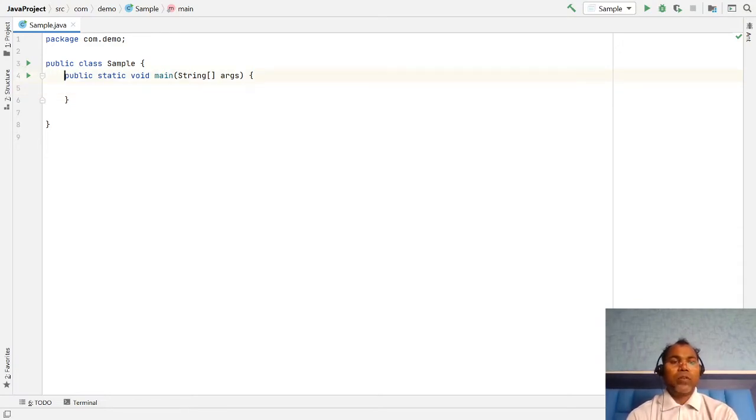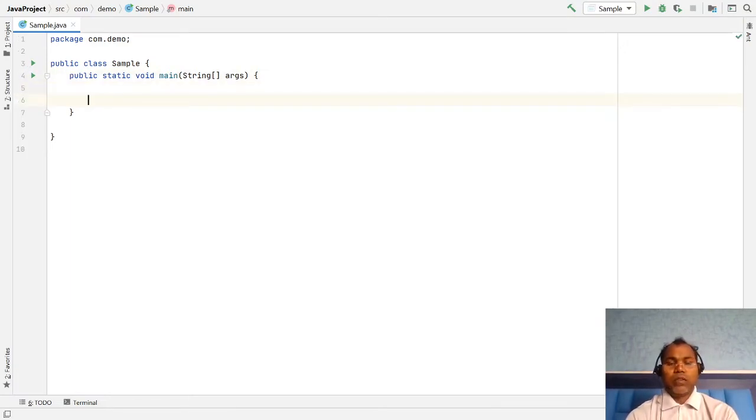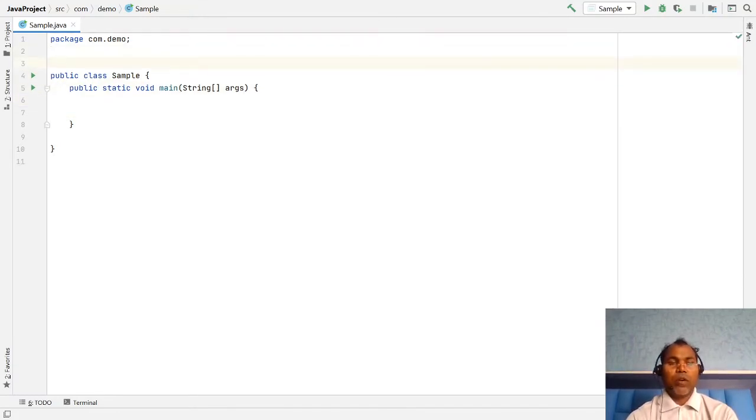So first let's write a class Employee. In general we can write a class, but we can use the record class in Java. After Java 14 we have the option to use record class.